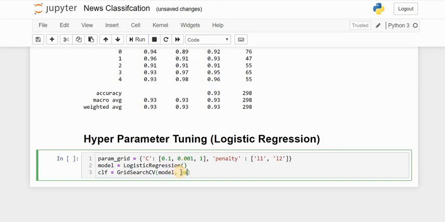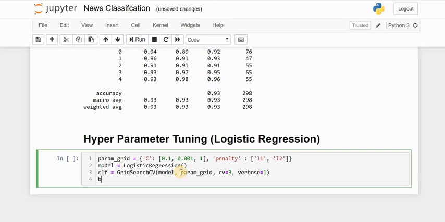The first parameter will be the model. The second parameter will be the parameters grid, which we want to fine tune. The third will be the cross validation. The next is verbose equal to 1, so that we can get the status of the output. Then again the best fit. Now we have to fit this entire setup. In this fitting, the first parameter will be the training features. Sorry for that. Then the corresponding labels, or the true values or the ground truth for this. Now let's run this block of code.